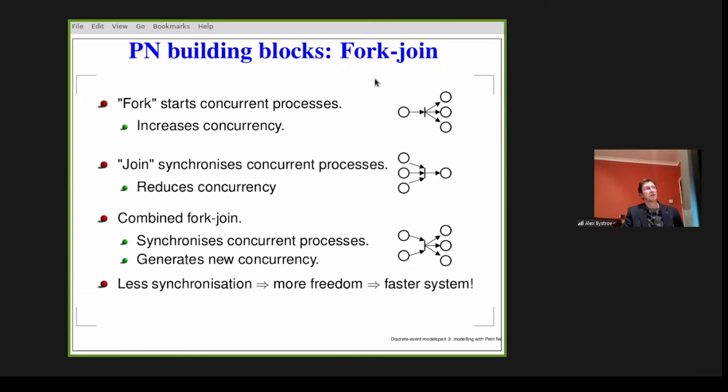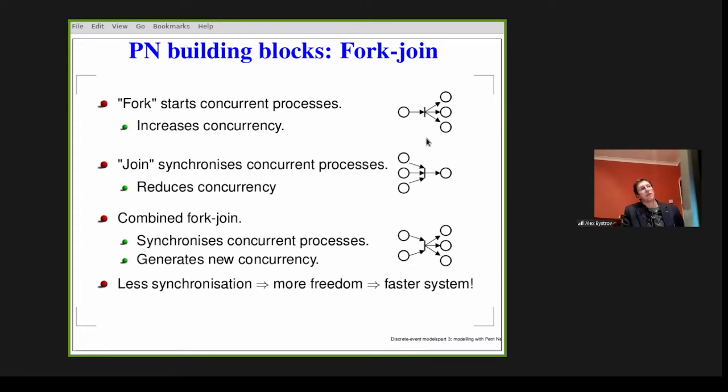And concurrency is needed for less synchronization, more freedom, and fast operation. Why is it faster? Because if we are not waiting for another party to finish, then without waiting, hopefully the system will run faster. So it's common sense. Fork and join.